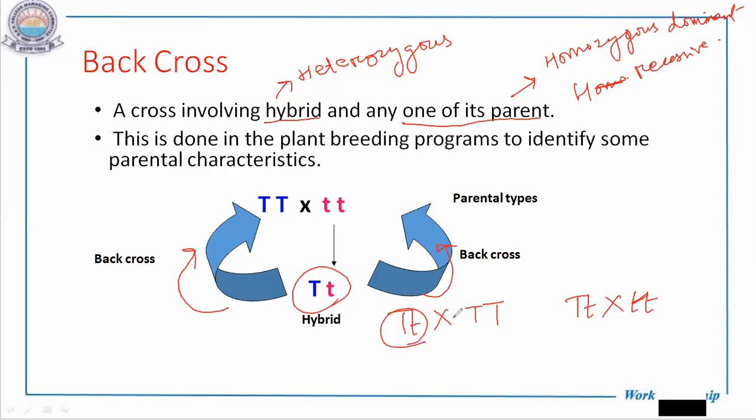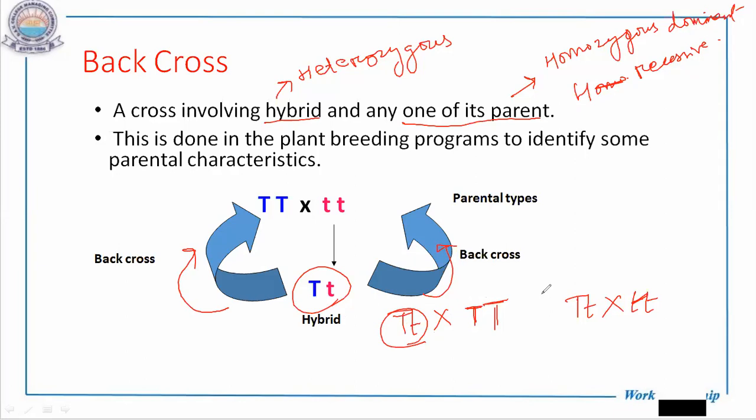So what I'm telling in this back cross, this hybrid which you get to be the heterozygous in the F1, that will be again back cross. Back means to go back. So to going back is to cross with one of the parent. Either you can cross it with capital T, or small t. But this back cross is not in your course.